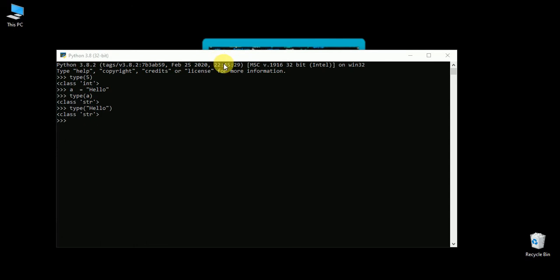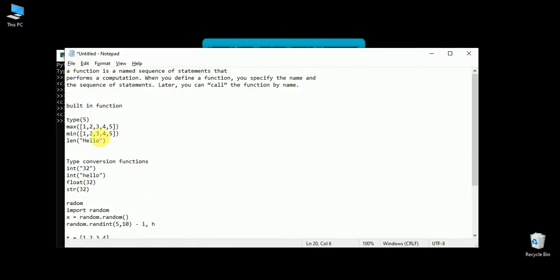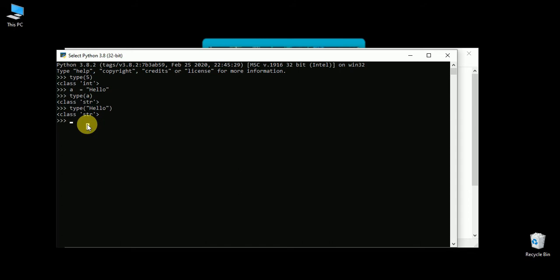Now the second thing is max, min and length. Max takes a list. Suppose you have a list a equal to 1 2 3 4 5.